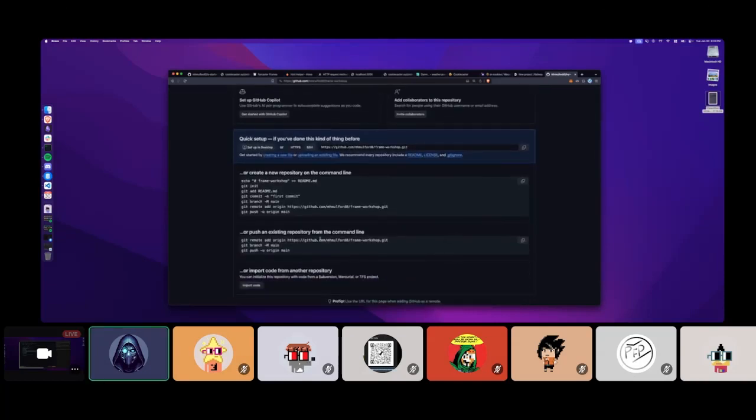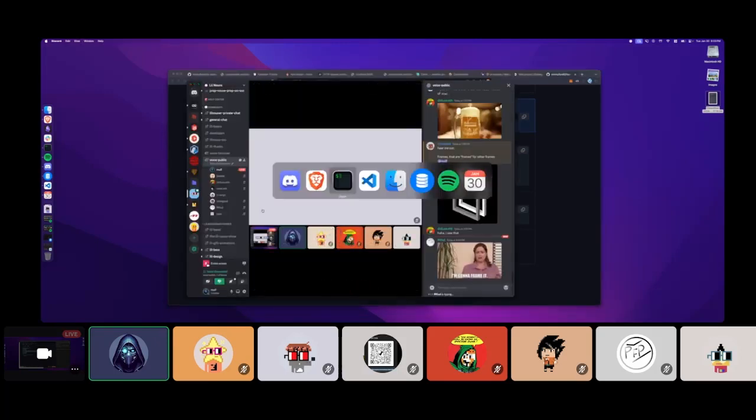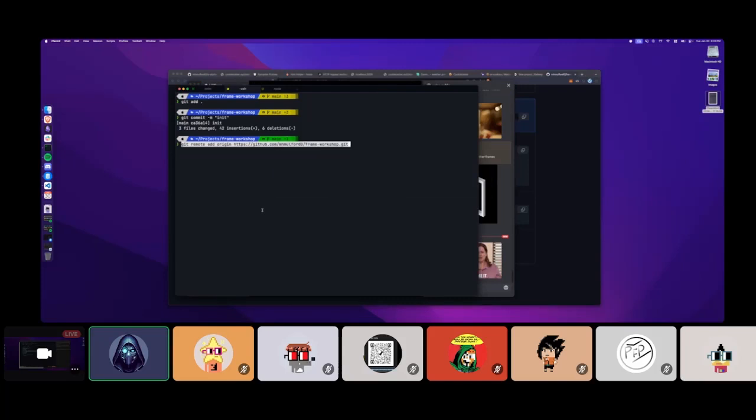And then once you've done that, I know I'm making a lot of assumptions here, but if you already have the code, you want to follow this second option here. Just copy that line by line to get it into GitHub. I know that's not necessarily user friendly, but